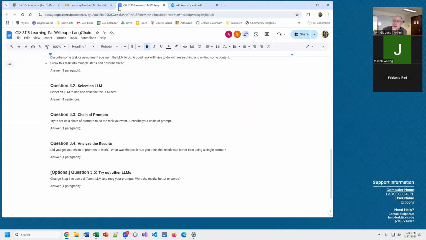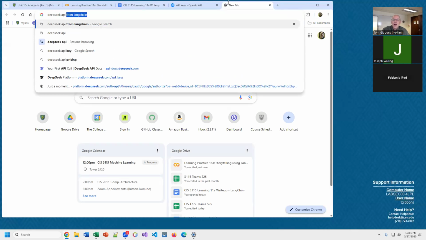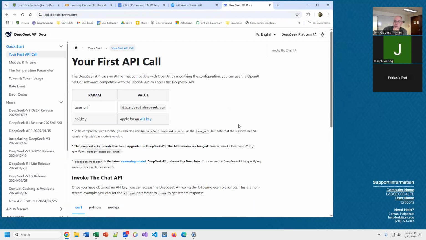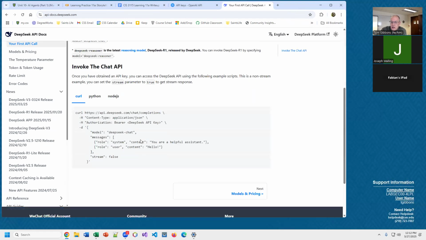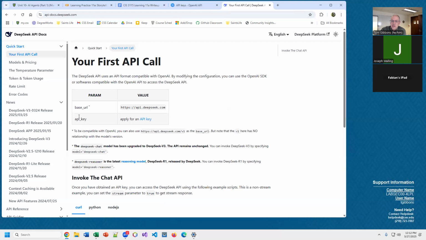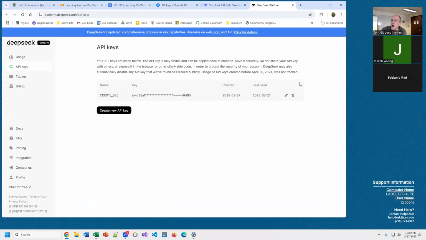Okay. And again, in different places, you can have different keys. So like with Google Gemini, with DeepSeek. So if I go to DeepSeek API key, I can log in and get a key. It's going to want me to get a key to access it. So yeah, it says you need an API key and you can apply for an API key here. I actually have an API key, but it is actually not going to work because I don't have any credit